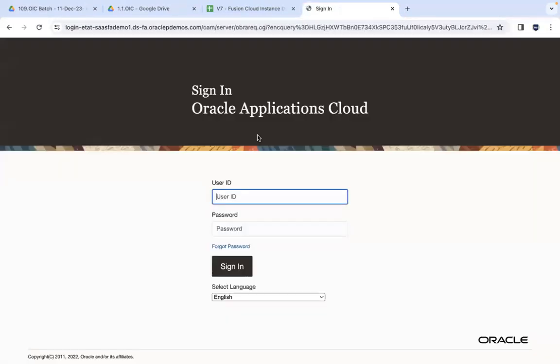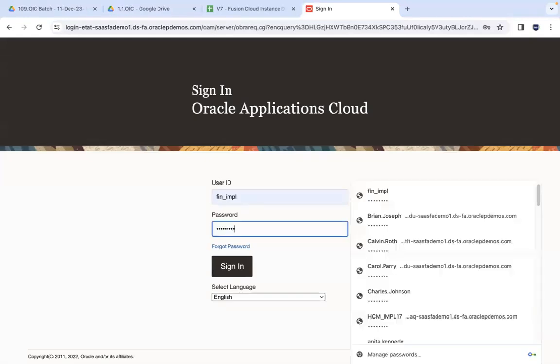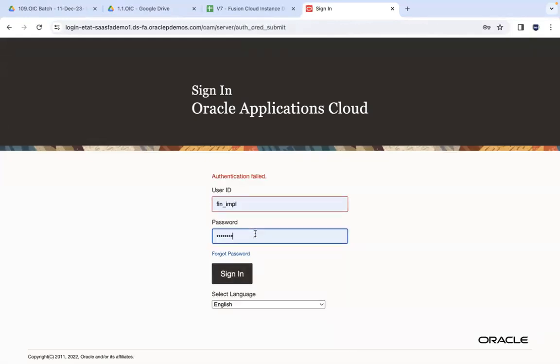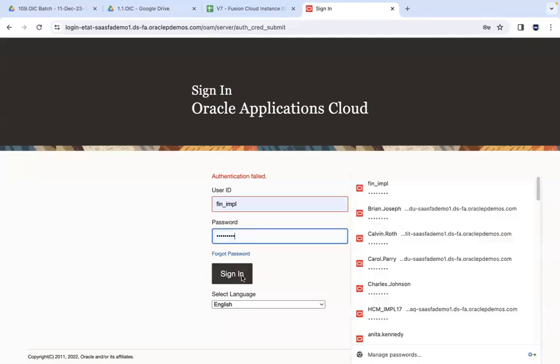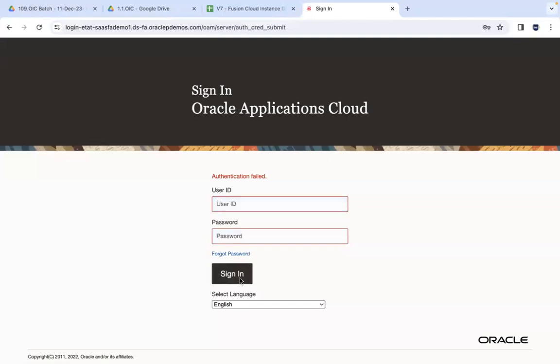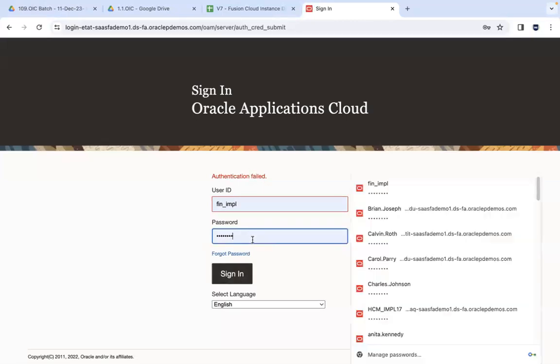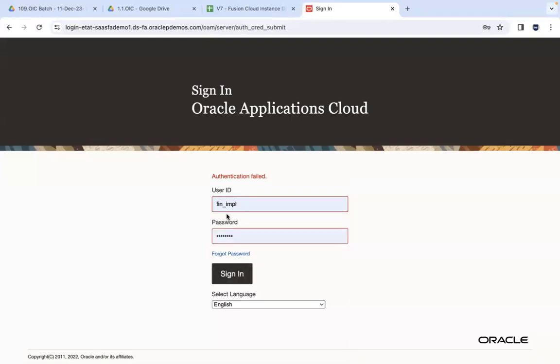If I try to sign in as the FinIMPL user, I would just put 1 at the end to make it unique, to make it invalid. I'm trying to log in with a wrong password more than 4 or 5 times, and every time you see this authentication failed error. And now when I try to log in with the right password, even with the right password,